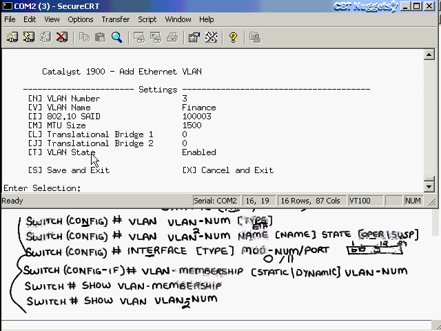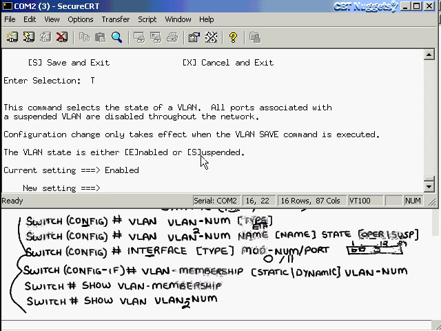Okay, so the option I'm going to configure now is T. And it tells us here that we have two options, enabled or suspended. That's easy enough, but you have to read the line above. Configuration change only takes effect when the VLAN save command is executed. In other words, if I wanted to suspend this particular VLAN, I could hit S here, I suspend that, hit